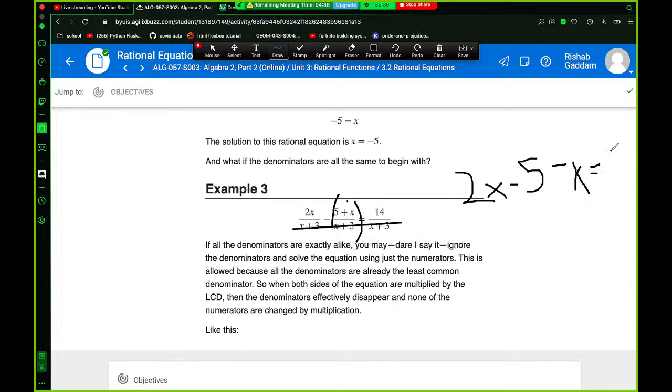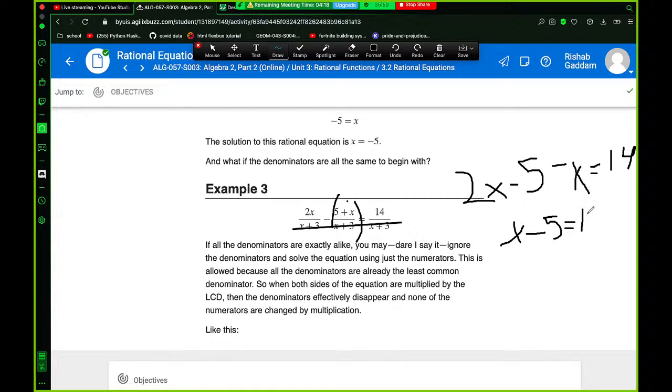So now this is equal to 14, because on the numerator over here you have 14. Now you can simplify this equation, and you get 2x minus x is equal to x minus